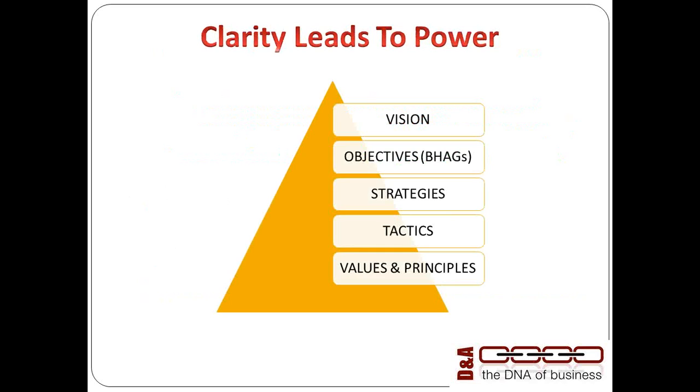I want you to really think about what your vision is for your business. It doesn't have to be massive. Just get it clear in your mind. Express it in terms of sitting on the QE2 and drinking champagne or whatever. Whatever's right for you. I want you to come up with 3 to 5 big, hairy, audacious goals to get you to that vision, and then break it down into some objectives for 2013 that you can report back on